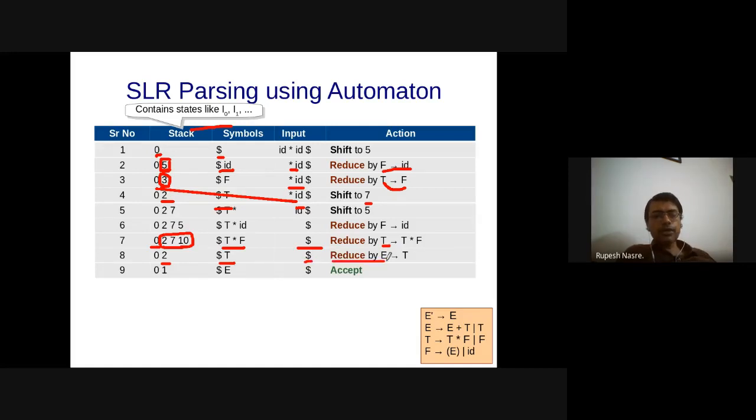So I'm going to again reduce using E deriving T in that state, and that is going to move from I0 on capital E to I1. So that is what is this. At this stage on dollar, by seeing E, I'm going to go to the accept state, and that is the meaning that ID star ID belongs to this language. This is how the parsing is going to happen using SLR.